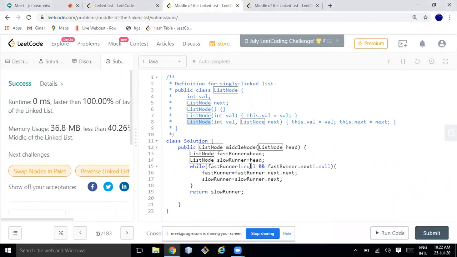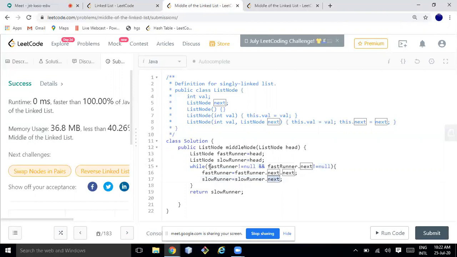Yes. Okay, so there is a concept called fast runner and slow runner. It's very simple. Keep in mind one thing always, this is a thumb rule. I will always suggest some design pattern even in the algorithm. If you get well experienced in solving data structure and algorithm problems, then you can establish your own patterns.